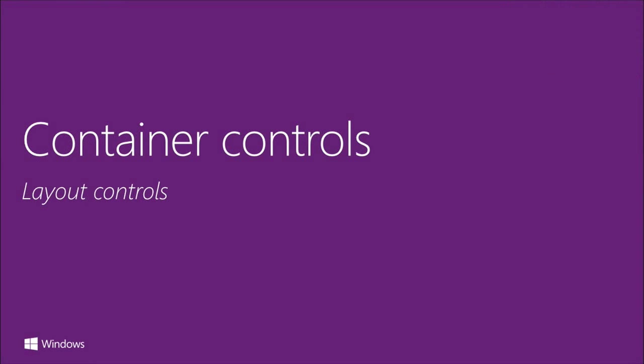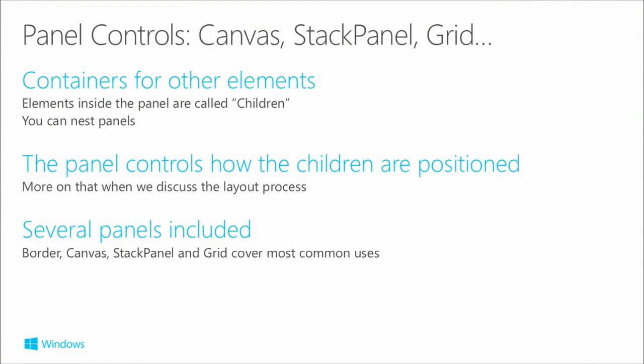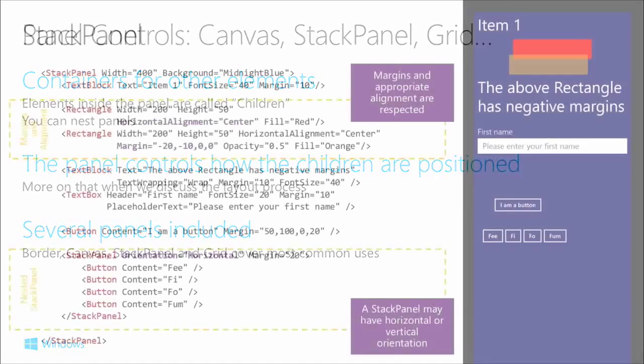So let's dig a bit deeper into the different controls. I touched there on these container controls, which you could call panels. There are different kinds of panels. Canvas is one. Actually, I don't think I've ever used a canvas, to be honest. You can draw elements anywhere on a canvas. But typically, if you want a free-form screen where you can put stuff, you just have a single-cell grid, which is actually the same thing. A stack panel, as I said, stacks things vertically or horizontally, and a grid you can divide up into multiple different cells.